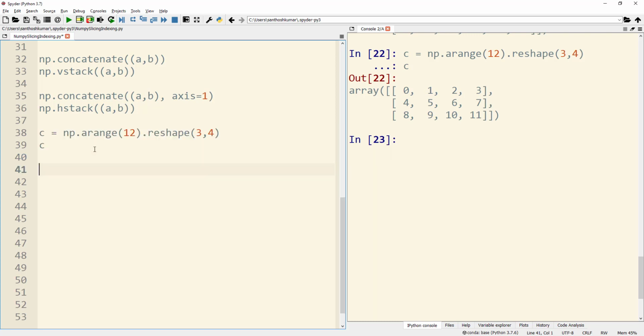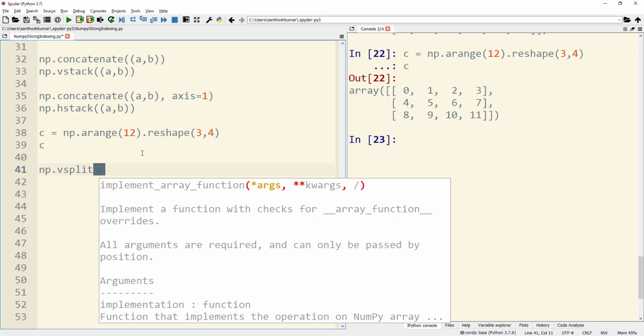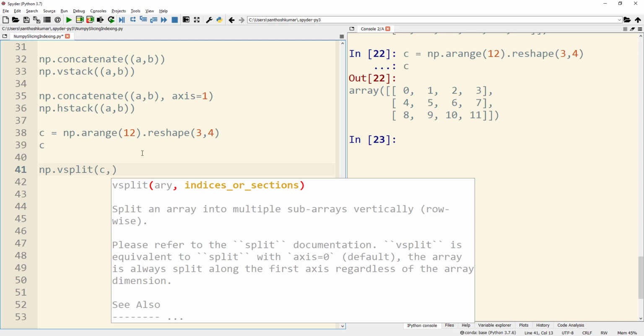Like we did for stacking, we can also use splitting. So here, instead of vstack and hstack, we can use vsplit and hsplit to split the arrays. So in order to do that, I am using np.vsplit, and then I wanted to split the array C, and I wanted to split it vertically or through the vertical axis.